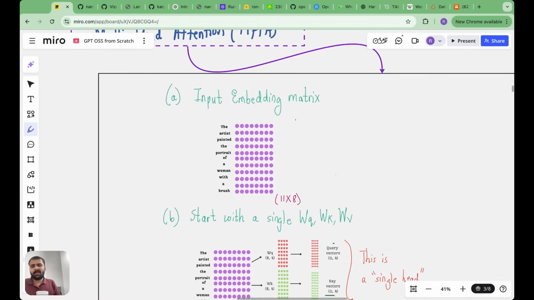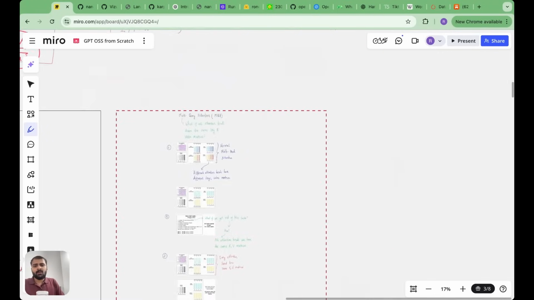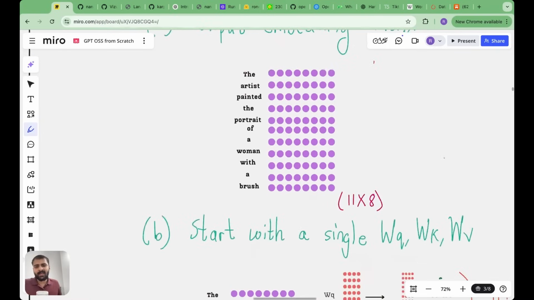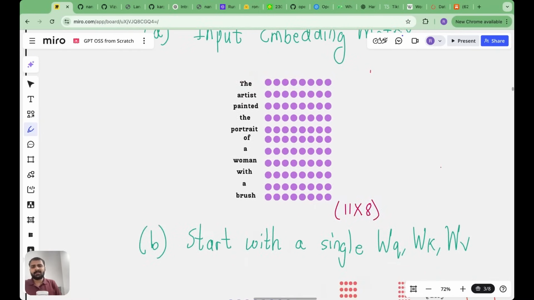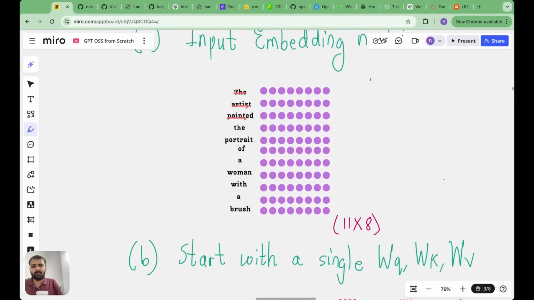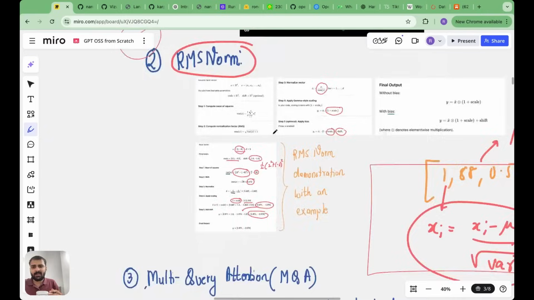So the idea of multi-head attention starts from this fact that we really need to capture the context, right? We need to capture the context and we also need to capture it from multiple perspectives. That's why there are multiple heads. So first, let me talk about how this mechanism operates. So let's say you have some input like "the artist painted the portrait of a woman with a brush." Before it enters this attention block,